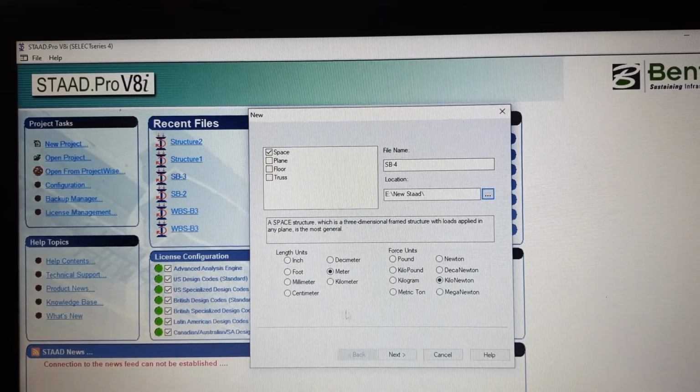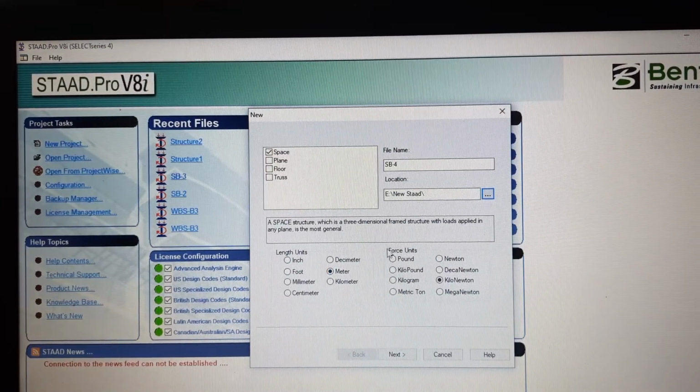Why we need the length unit? Because while modeling your geometry you need to specify the length in every direction. So the unit of length is a must before modeling. The length unit can be specified in different formats: inch, foot, millimeter, centimeter, decimeter, kilometer. By default we prefer to model in meter, so it has been selected. If you choose the SI unit, by default it will get selected as meter.